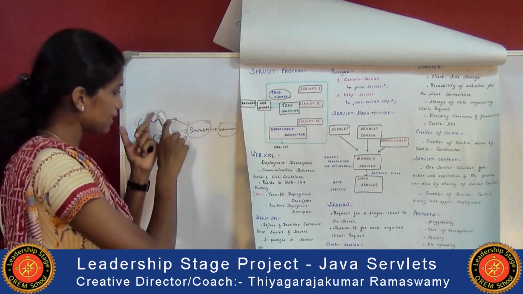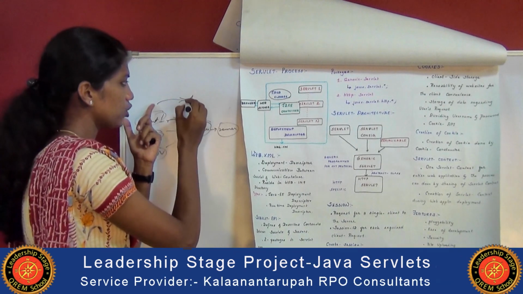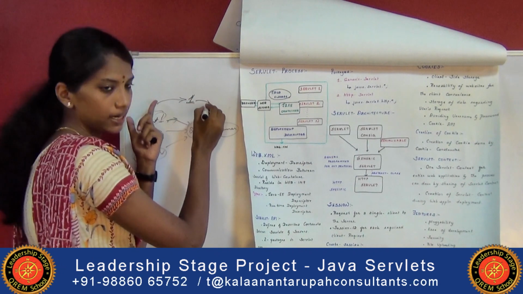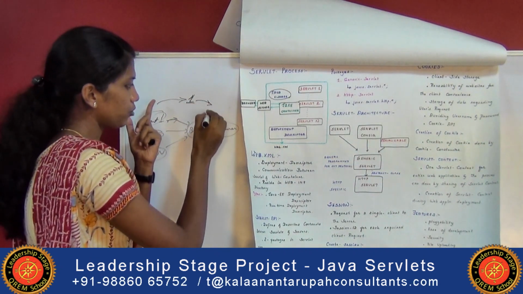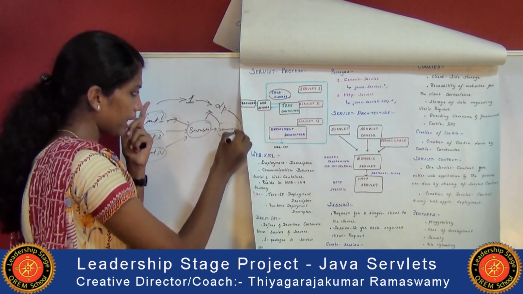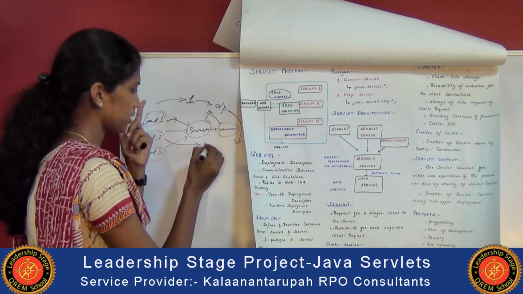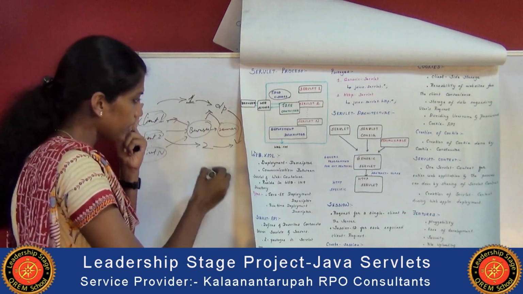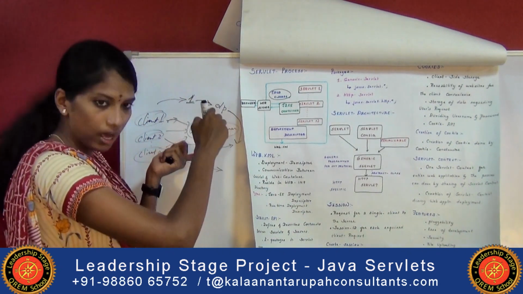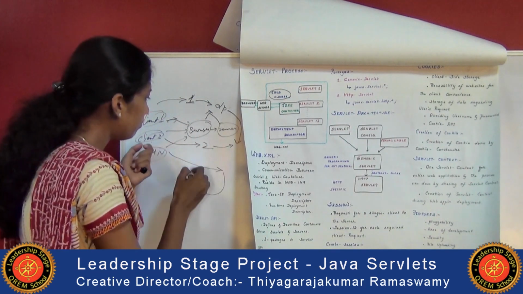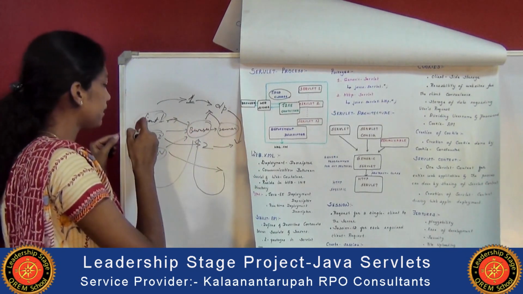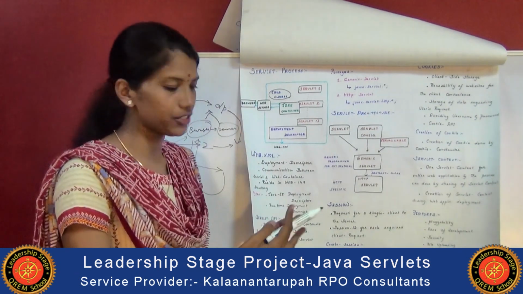when the first client asks for, assume, the first type of request, name it as 1. For the first request, there will be a dynamic response generated as the server output. This output will be piped to the second request, and it continues up to the last client request. That means the output of the last servlet will be bound to the web browser. Then the required output is sent back to the client. This process is named servlet chaining.